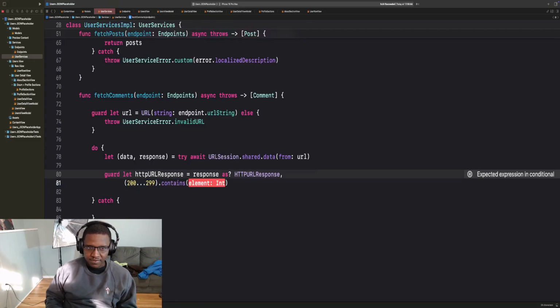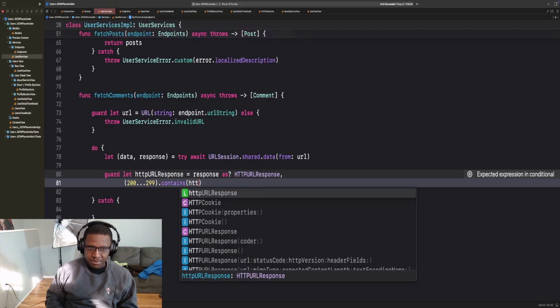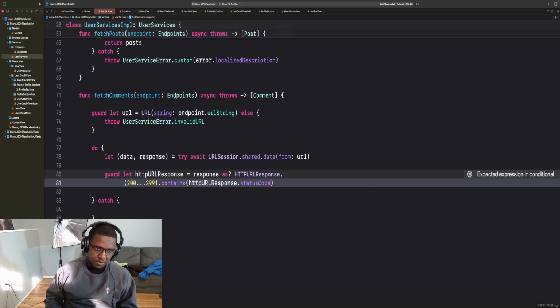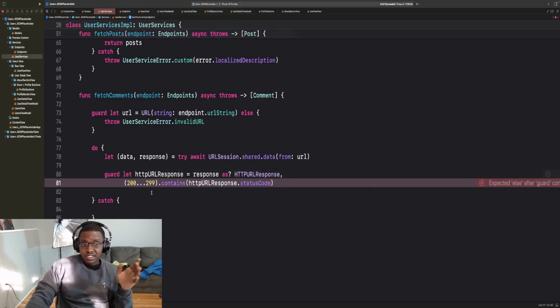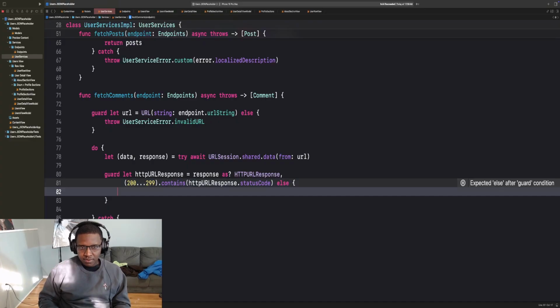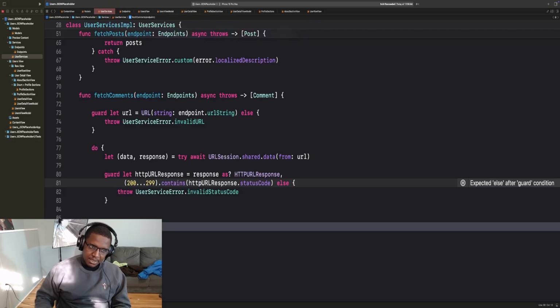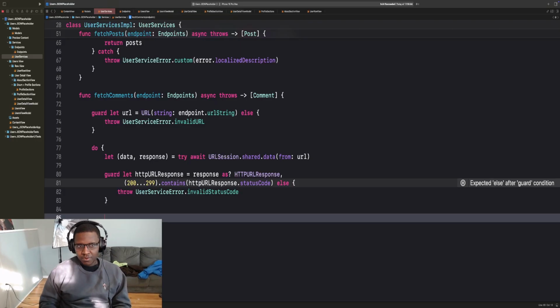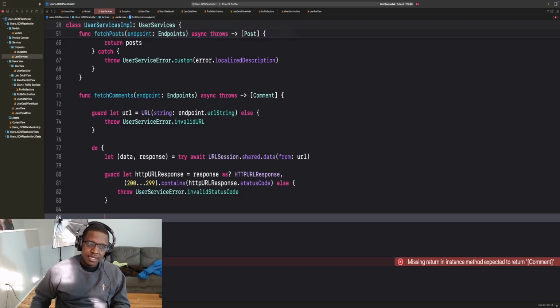We're gonna check if it contains HTTP URL response.status code, and if it does contain a value between 200 to 299, then we know it's successful. Otherwise, we need to throw an error, and that would be an invalid status code. But if we do get past that from our guard statement, what we do now instead is start handling our data,